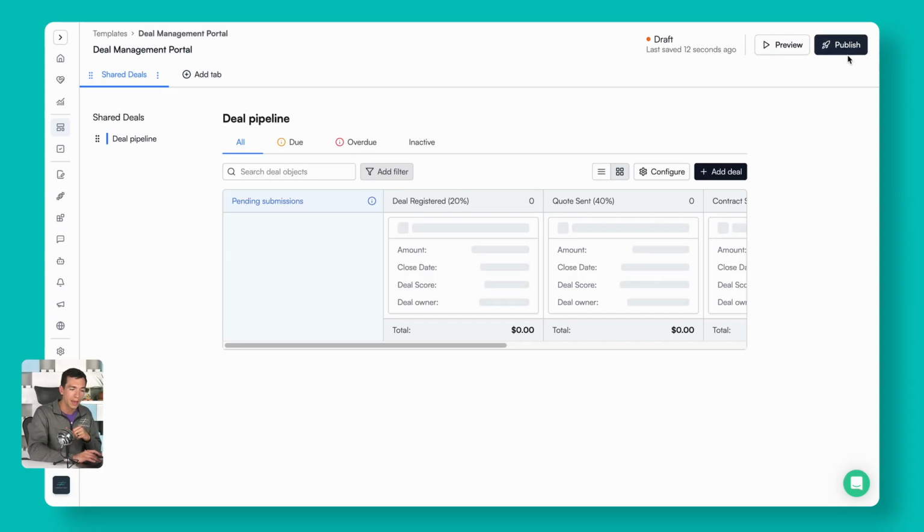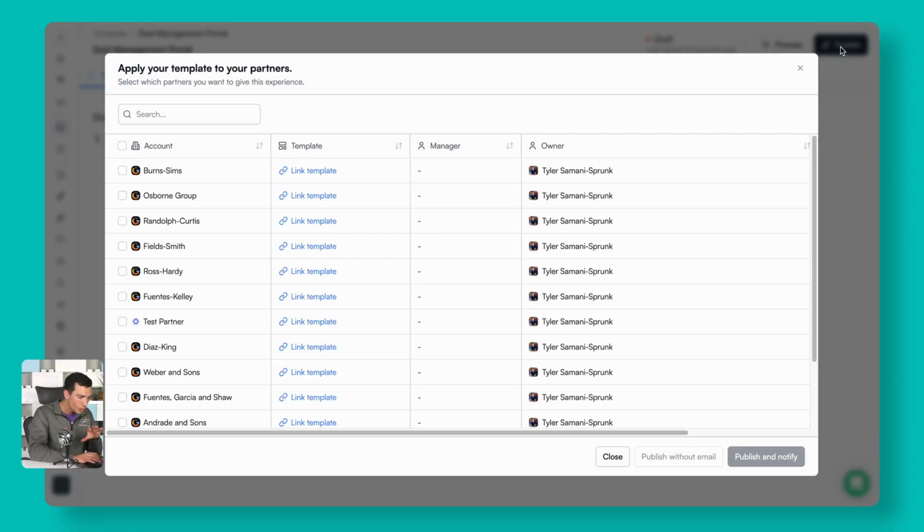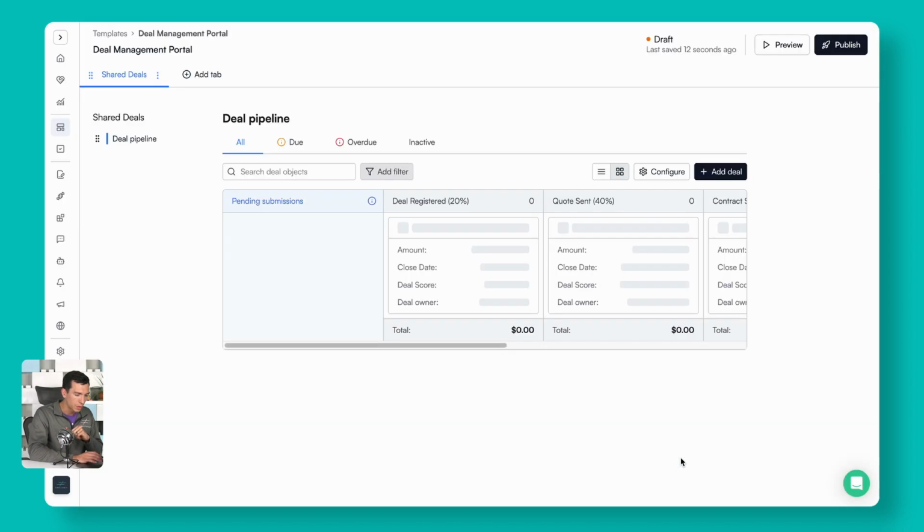Let's go ahead and publish what we have now. So we're going to publish this, and we can choose what partners we want to add or link this to. So we're going to link this test partner. We can always come back in here and do this later as well, but when you publish, you can. And we want to notify them or just publish it. So for now, we'll just publish it without email, and that will give us the ability to preview it as that partner. So we're going to hit preview here, select any partner that's connected to this template,